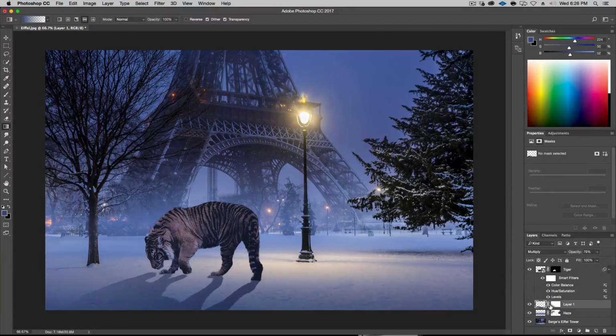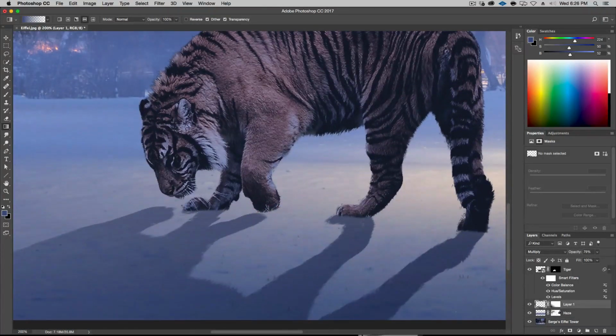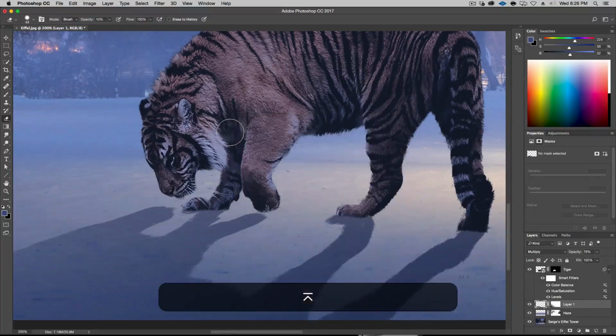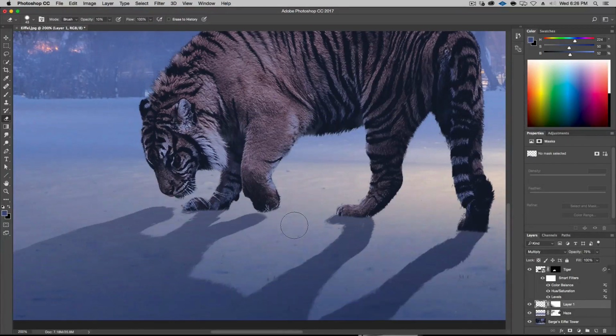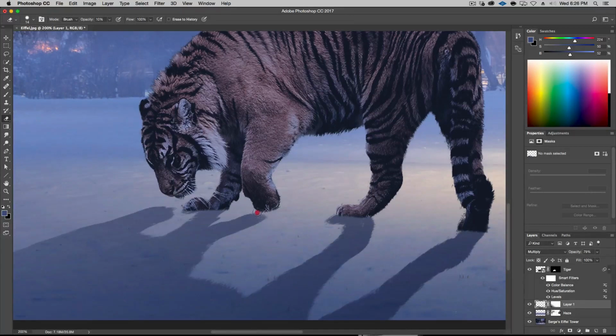Okay, but I do want to, I'm going to zoom in here, 200%. I want this to be smaller. There's a few little tweaks I want to do here. So I'm going to do this, I rarely do this, but I'm going to use the eraser tool. So E for eraser, here it is. Let's right click and get a better size here, 40, 70. So same as every brush tool. Control and Alt changes the size and hardness, so this is fine. And I'm going to go ahead and just erase a little bit around here. Oh, I'm at 10%. Make sure that's 100. Let's go ahead and do that again. Something like this. All right.